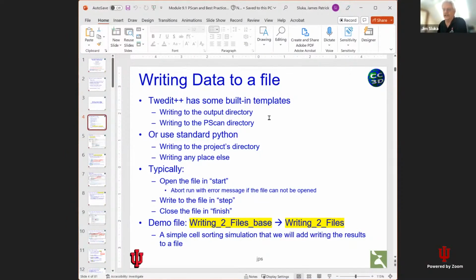So as I say, Twedit has some built-in templates to help you. The typical process is you would open the file in the start method, write to the file in the step method, and then close the file and finish. The demo we'll be using is called writing to files